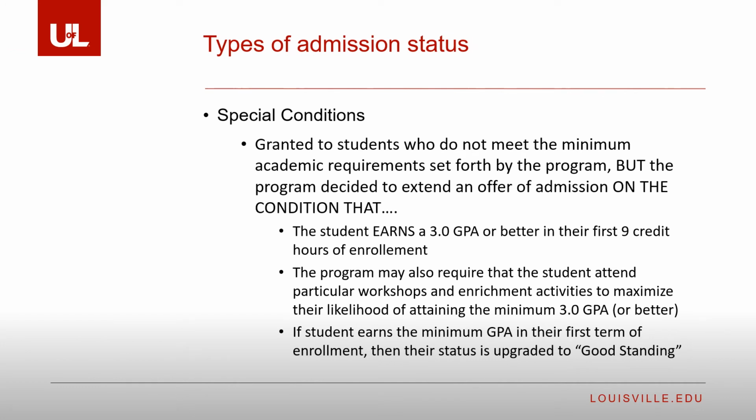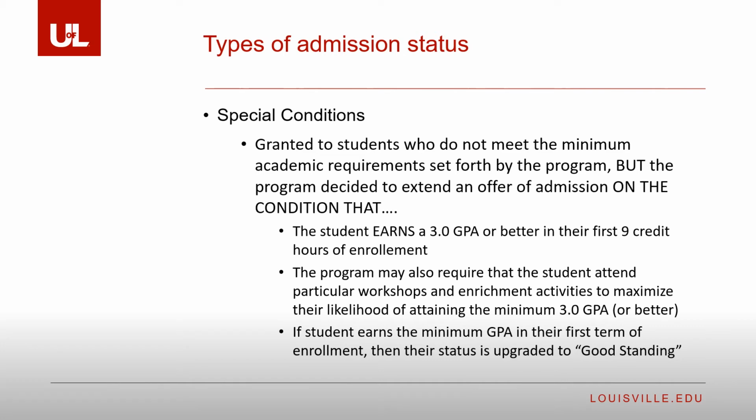Special condition status is granted to students who typically don't meet the minimum academic requirements set by the program, but the program still decided that they would admit the student and extend a probationary semester for the student to prove their ability to be successful. For a student in this status, they cannot earn anything less than a B grade average in the first 9 hours of enrollment. A program may also require that students in this admission status also attend a certain number of workshops or seminars provided by different campus resources so that they maximize their chances of being successful